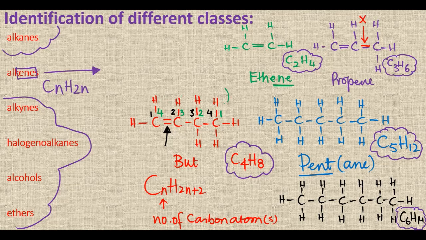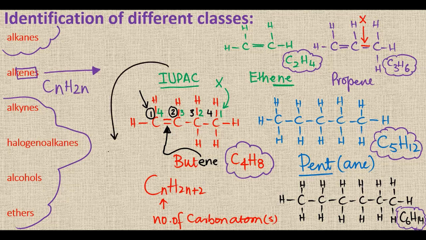So the green set of numbers is incorrect according to International Union of Pure and Applied Chemistry rules. So this compound is butene, but it is important to mention that the double bond, which is ene, is between carbon atom number 1 and carbon atom number 2. Whatever number is smaller, that is used. So the IUPAC name of this compound would be